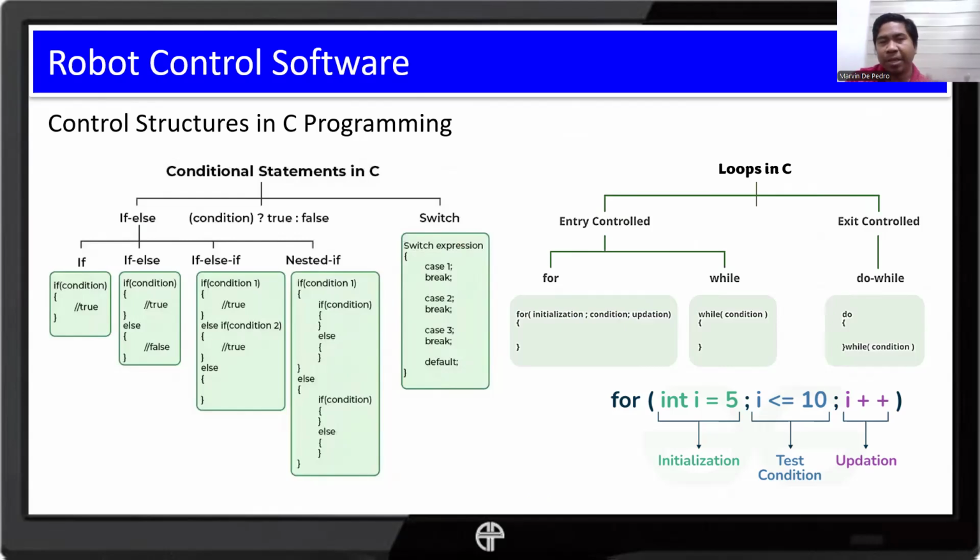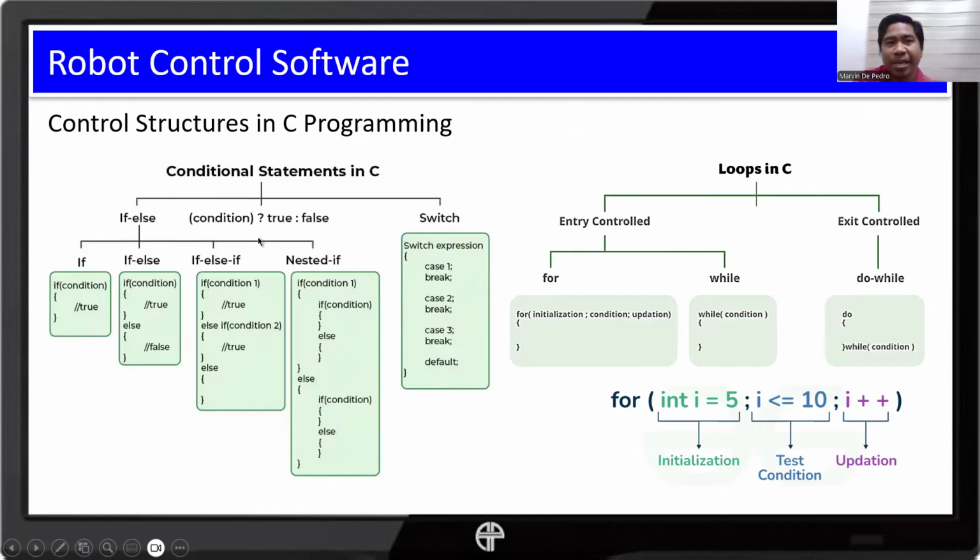Most algorithms have at least one control structure, either a conditional statement, an iterative statement, or loop. And sometimes we just have a plain sequential statement, meaning there are no ifs and no loops.